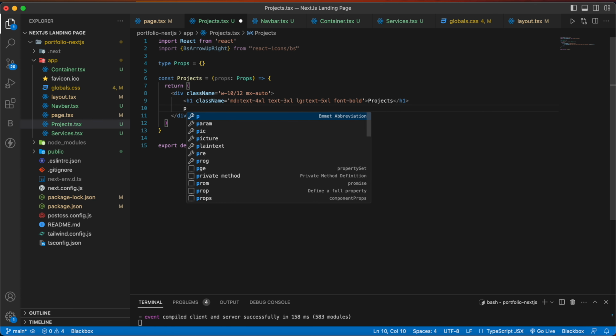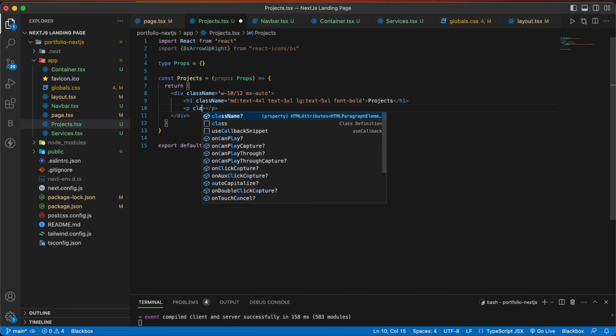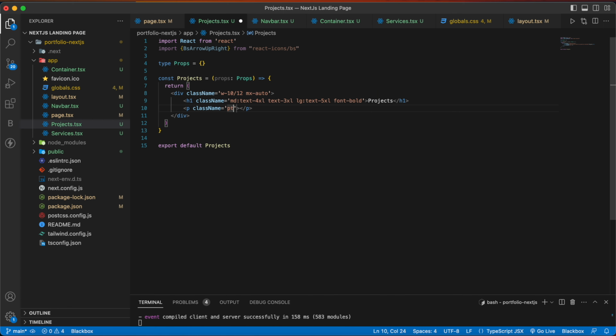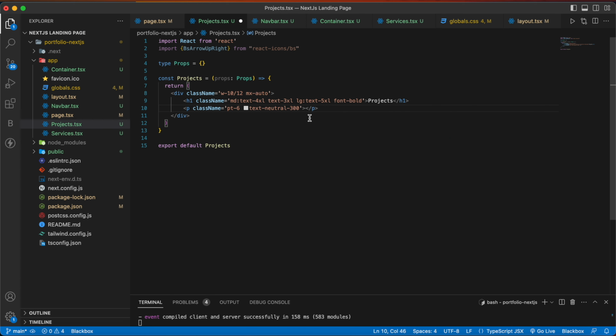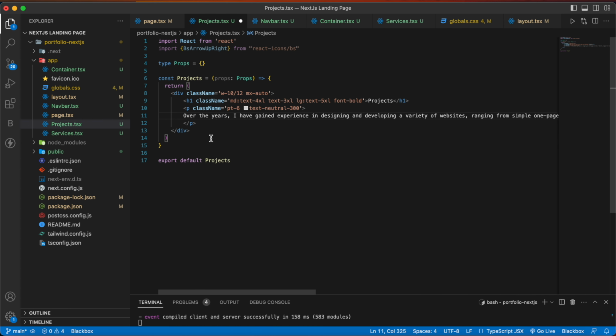Below that, we are going to have one more p tag with a class name pt6, text neutral 300, and inside the p tag we are going to write our text. So you can copy that from my GitHub.